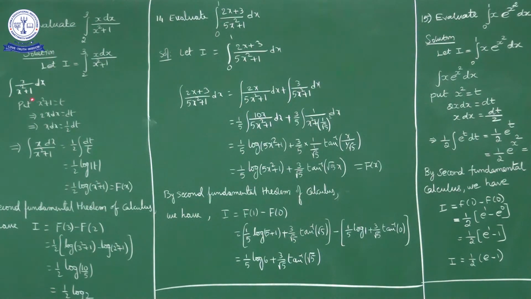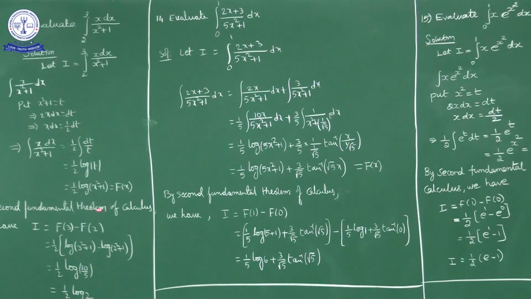So this indefinite integration, the integral of x dx upon x square plus 1, reduces to, x dx is what? Half dt upon t. So half the integral of dt upon t. So half the integral of 1 by t dt is log mod t. So half log mod t; what is t? t is x square plus 1. So half log of x square plus 1. Okay, but this is the antiderivative. We will consider it as capital F of x.